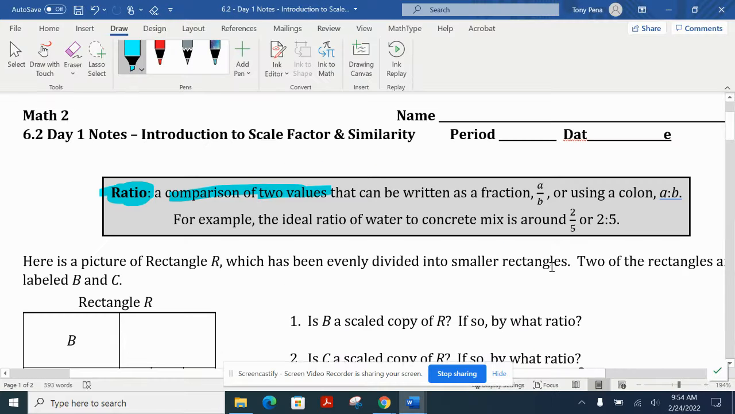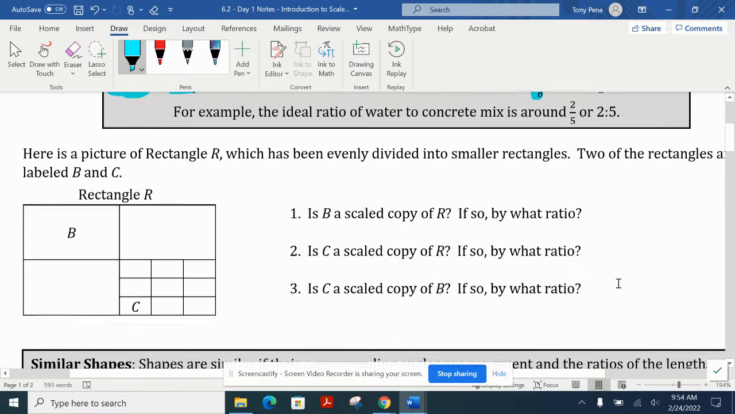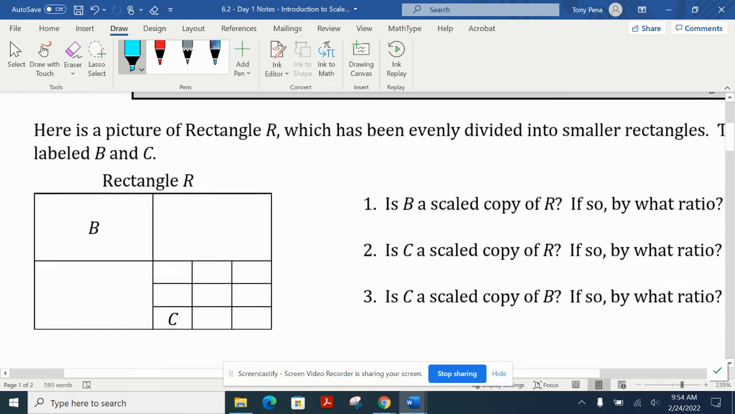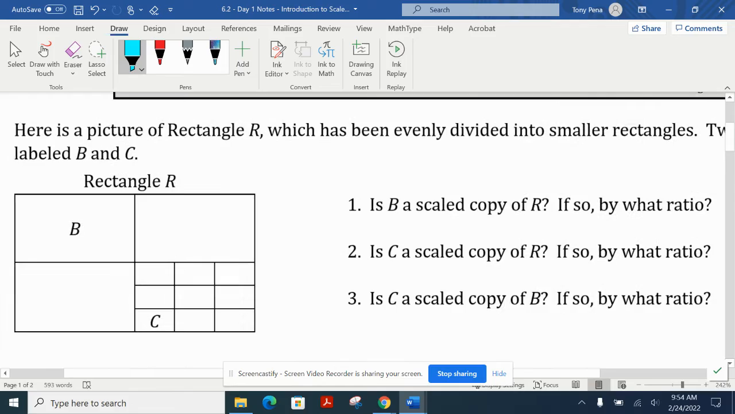So there we go. But again, fractions are the most common. We can use a colon as well, means the same exact thing. But that's how we define a ratio. All right, so when we now go to this, it says here's a picture of rectangle R, which has been